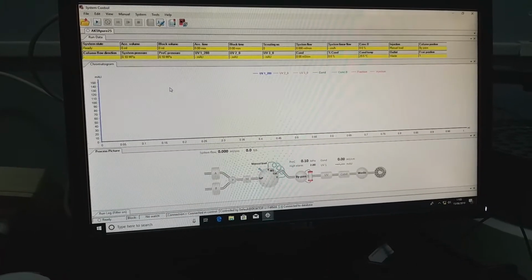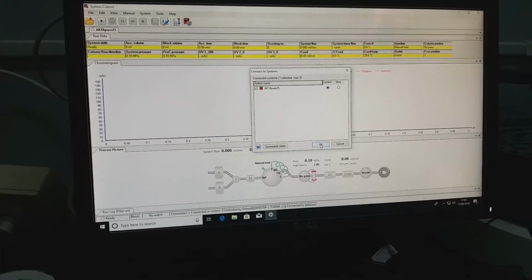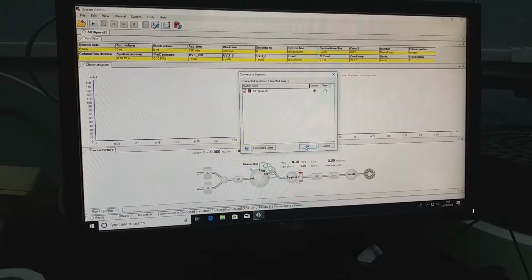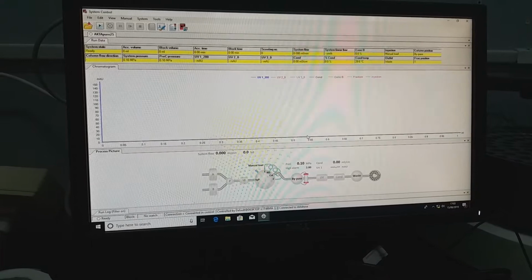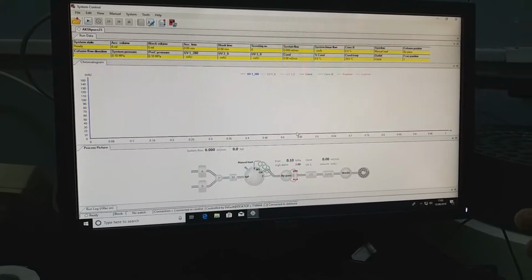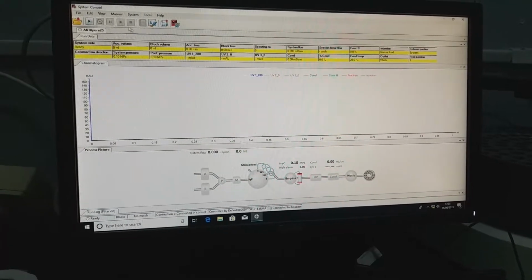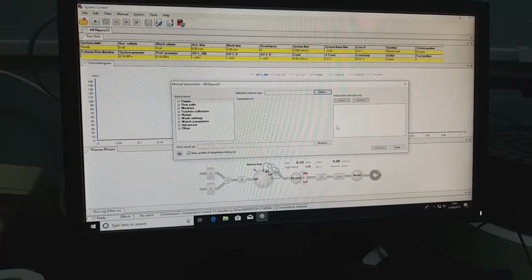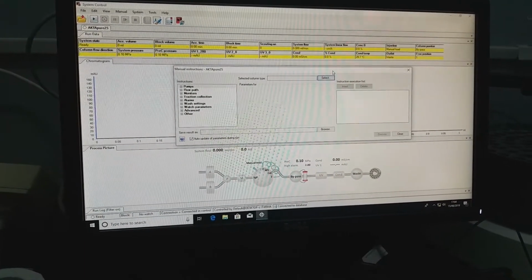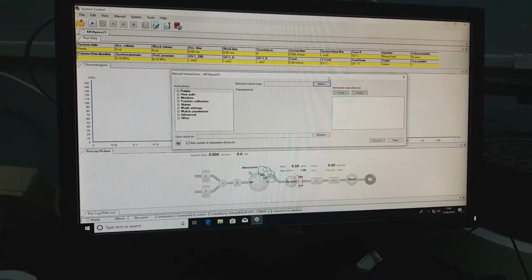The first thing we have to do is connect the instrument. So here you can see the connected instrument Octapure 25. So just say OK. Now it will connect the system. We can change different commands using this software. Just go to manual, execute manual. So this is the manual instruction dialog box where you can change things.